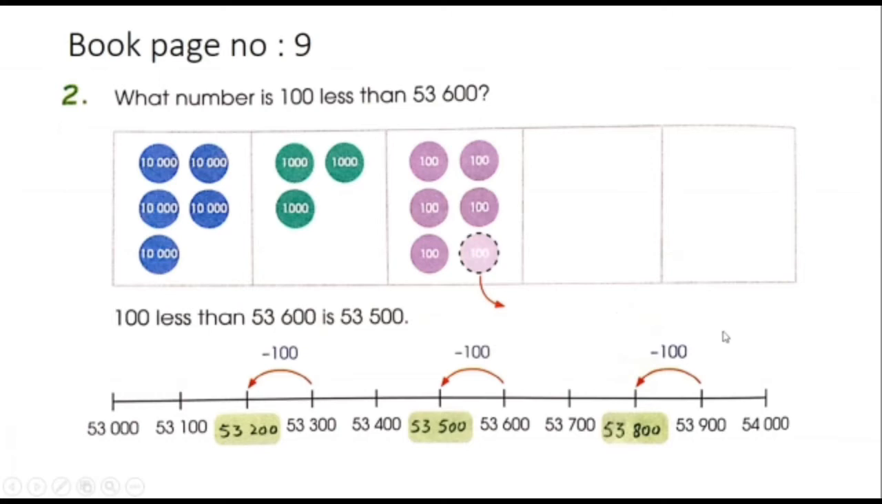Now let's observe the number pattern line over here. From right side it is 54,000, then you have subtracted 100 over here, and the number is 53,900. When one more 100 is subtracted, the number is 53,800, then 53,700. And now you can see that in subtraction number patterns you have to move backward. Okay,